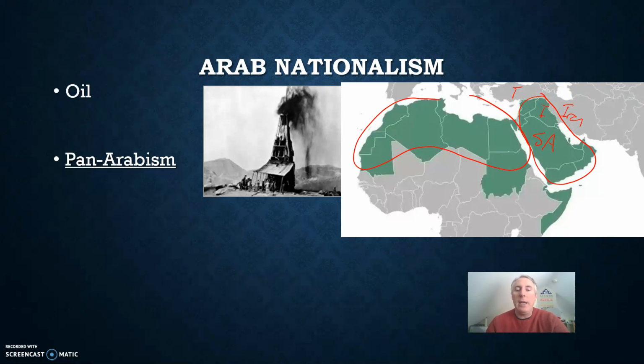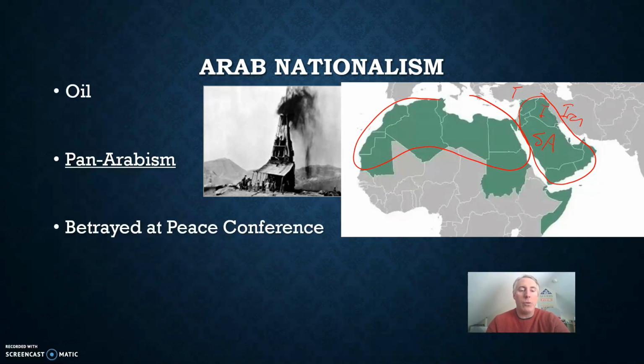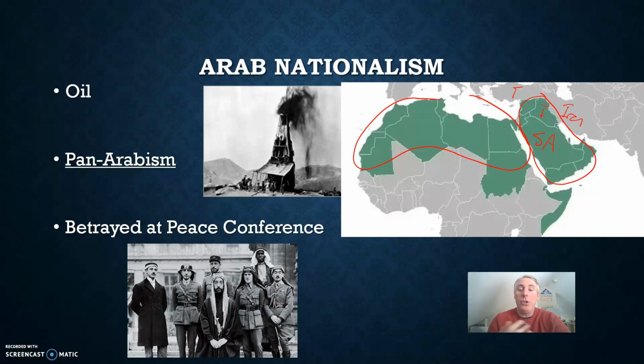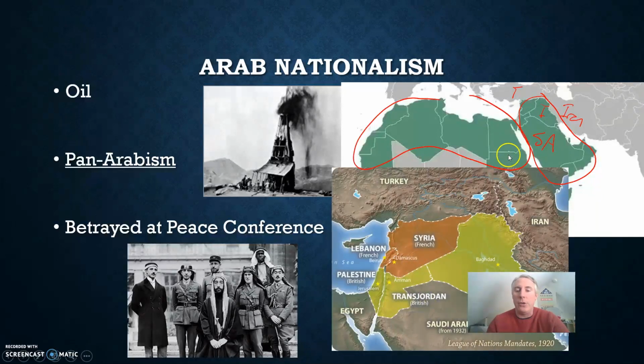So Pan-Arabism emphasized this common history and culture among Arab peoples. And a big cause of the Pan-Arab movement was the feeling among Arabs that they were betrayed at the peace conference. Arabs showed up in Paris at the peace conference after World War I, and they felt that they were owed something because they helped the British fight against the Ottomans. The British military had promised them a larger say in their destiny afterwards. Remember that whole thing of self-determination. But we also remember what happened at the Paris Peace Conference, that none of these areas were given full independence. Instead, they were turned into mandates.